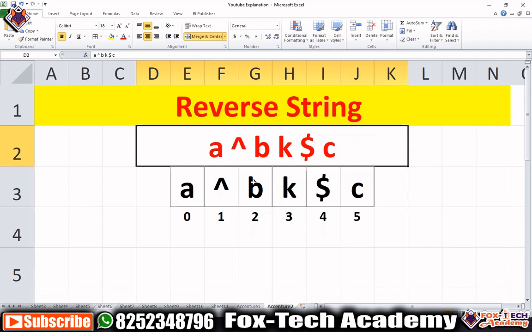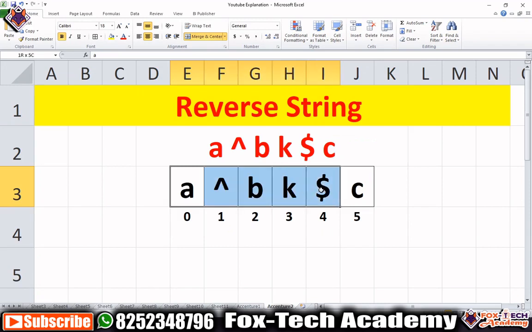We will create another new string and we will try to concatenate each and every character from this string to the new string. For solving this problem, you can also use a different approach, where we will use an array. We will make this string an array of characters, because we know that a string is nothing but a combination of characters. So first we will convert this string into an array of characters.